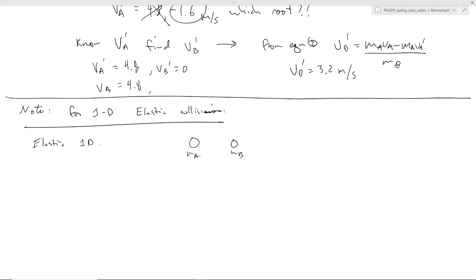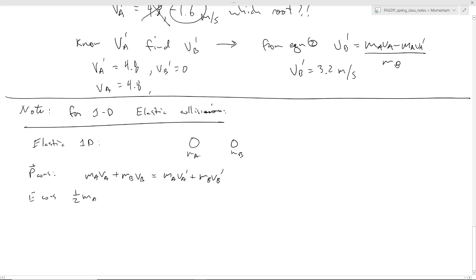VA prime and VB prime add up to VA. Is that how we check our answer? Well, there is a relationship between them. I'm going to show you where that comes from right now. So let's just consider the general case for an elastic collision. You're going to know from momentum conservation that MA VA plus MB VB has to equal MA VA prime plus MB VB prime. You're also going to know from energy conservation